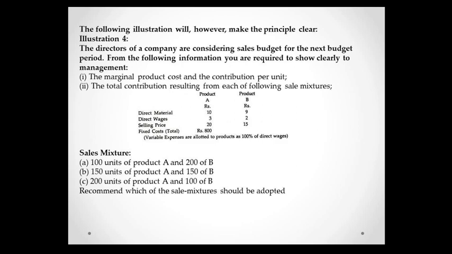Here product A and product B are given, and we have to calculate the contribution per unit for both. We have to calculate the marginal product cost and the contribution per unit, that is, the contribution statement should be made, and we have to see which product has the highest sales mix. So we can move on to the